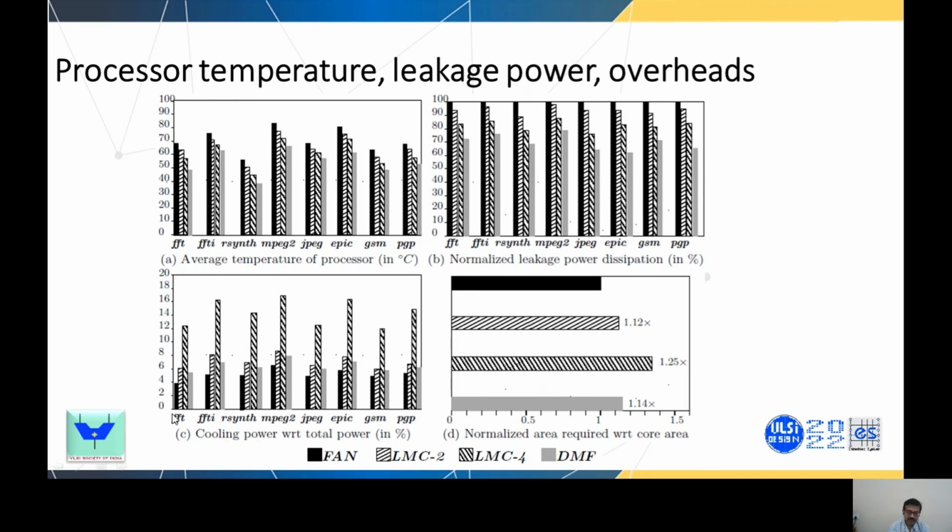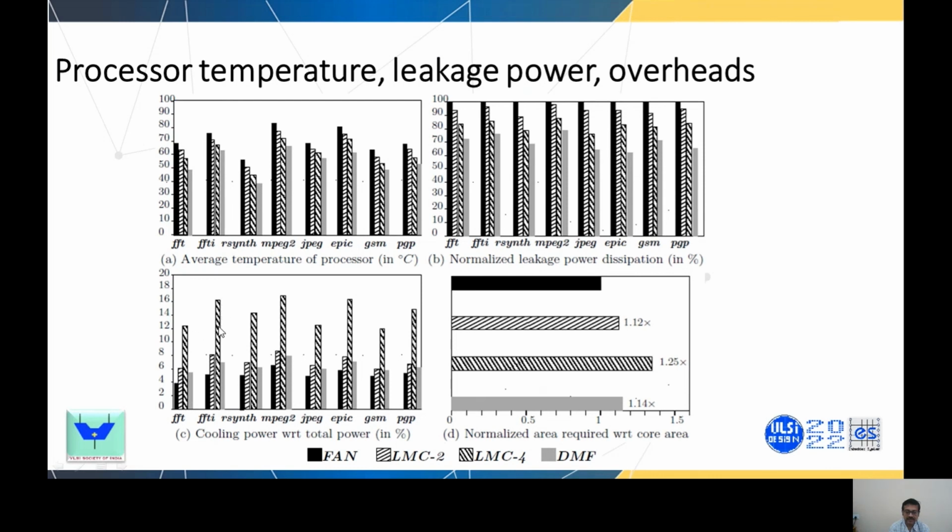The cooling power overhead is just a bit more than the power overhead of fan-based cooling, whereas for the liquid